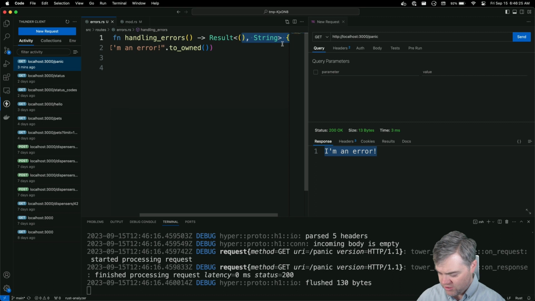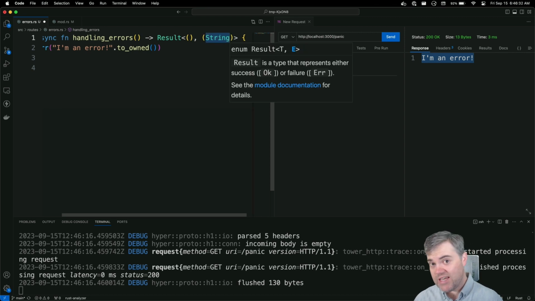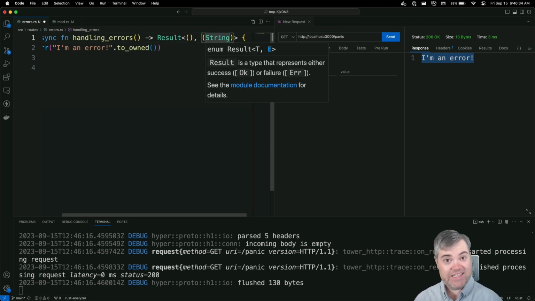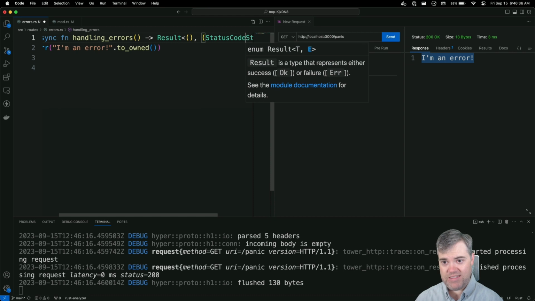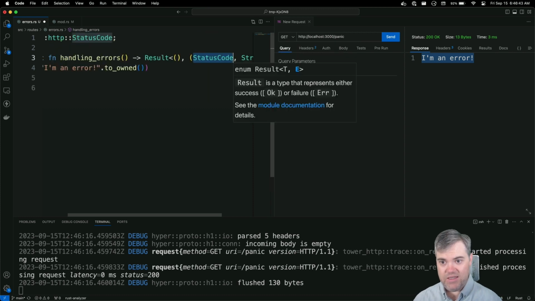So we have to actually return this. Let's go ahead and close that down so we have a little bit more room. We have to return a tuple type here with the status code. So we want a status code, and then a string is the second thing. For the status code, let's go ahead and import that in.